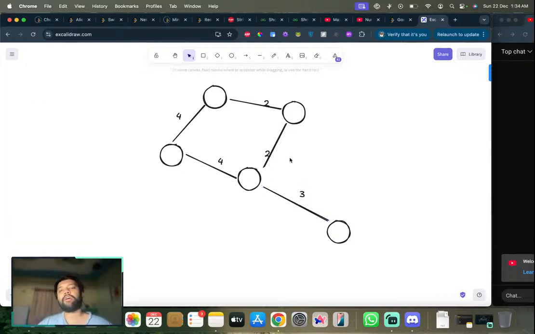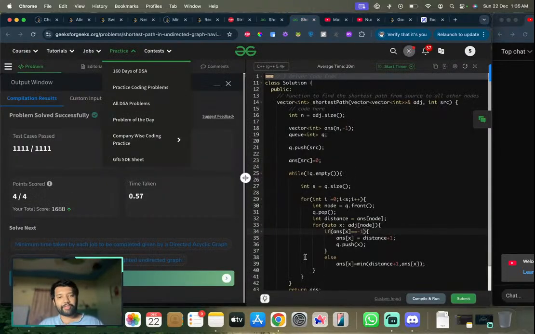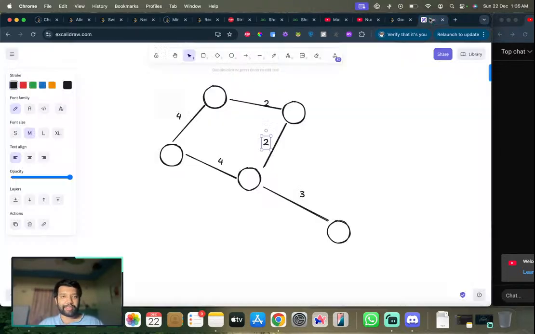Okay. So let's say we do a BFS. So this will become 4. This will become 2. Next round, this will become 8, and this will change this one to 4. But if we did not push this again onto the queue,